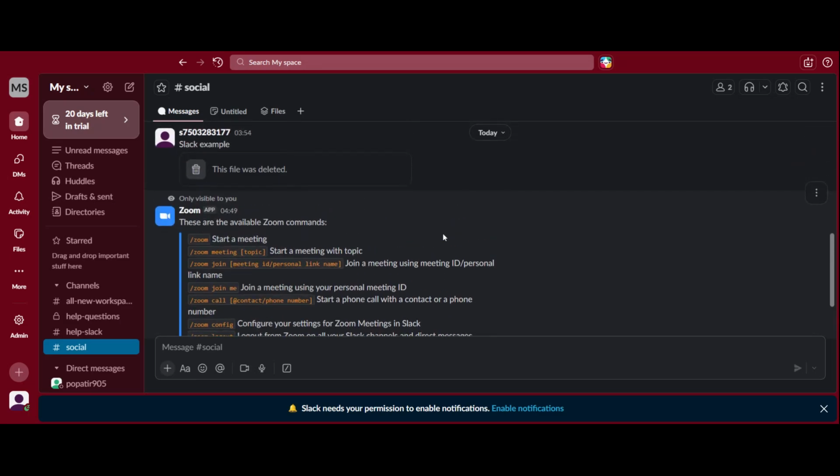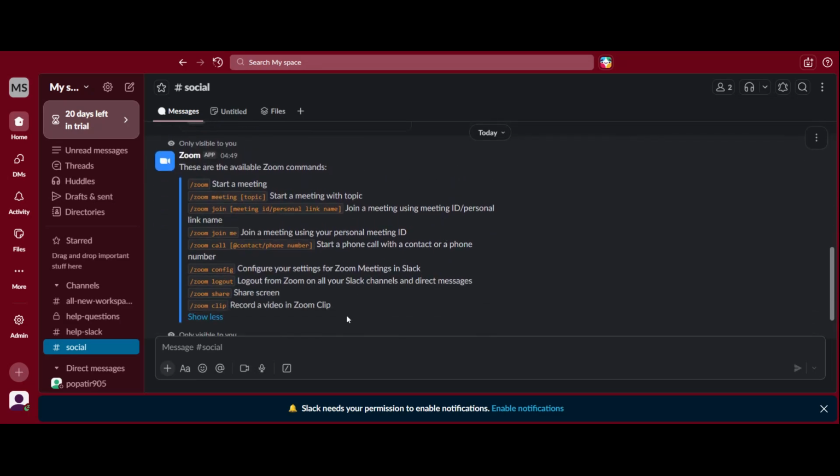In today's video, I'm going to show you exactly how to start and join a Zoom call directly from Slack. This is a super useful feature if your team already lives inside Slack and you want to quickly jump on a Zoom meeting without switching apps, copying links, or wasting time setting things up manually. Whether you're working remotely, collaborating with a team, or hosting quick check-ins, this workflow can save you a lot of